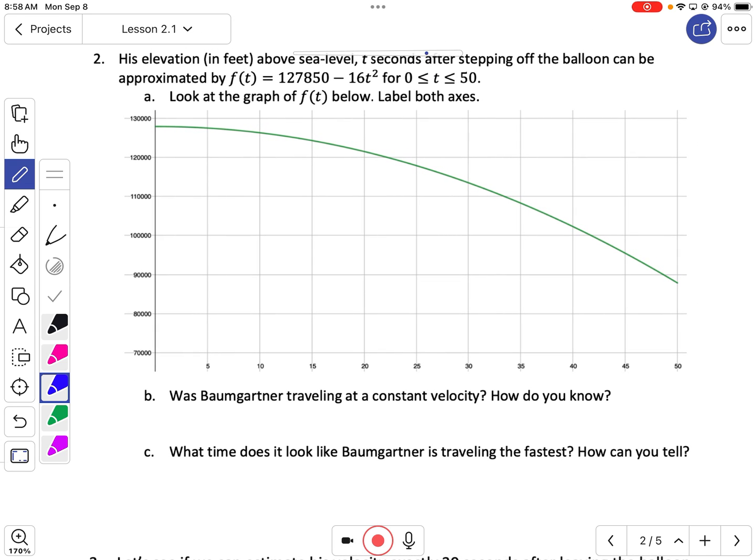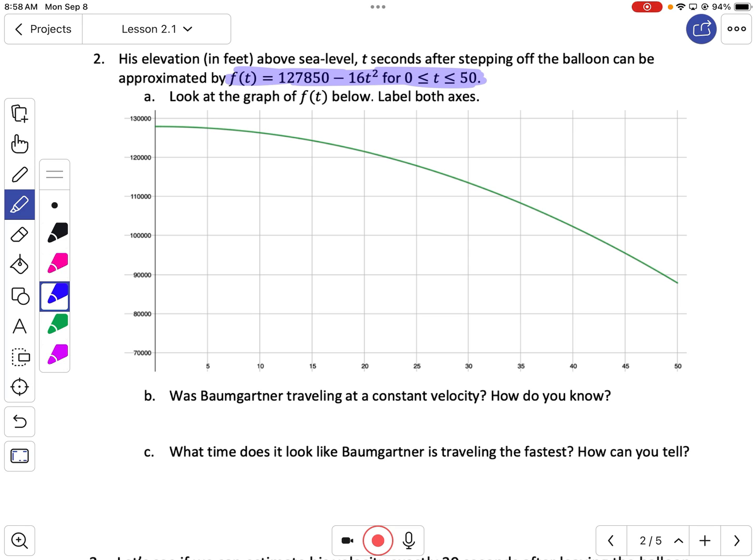All right. So they give me a graph of his elevation in feet above sea level, t seconds after stepping off the balloon. And then they give me a function. There's probably a reason they gave me that. I'm going to need it in a little bit. They give me f of t when t is between 0 and 50 seconds, and they give us the graph. Was he traveling at a constant